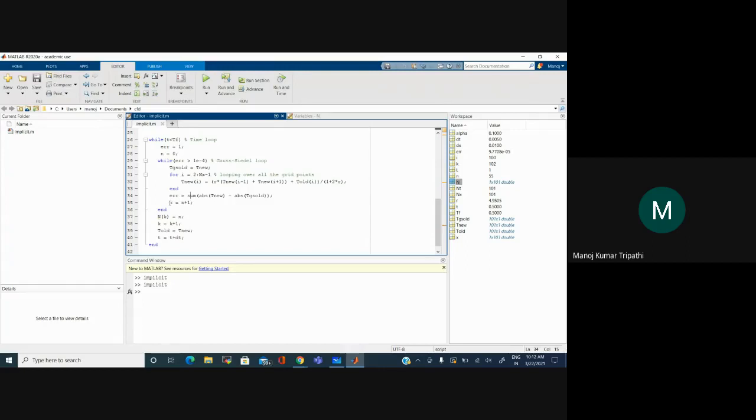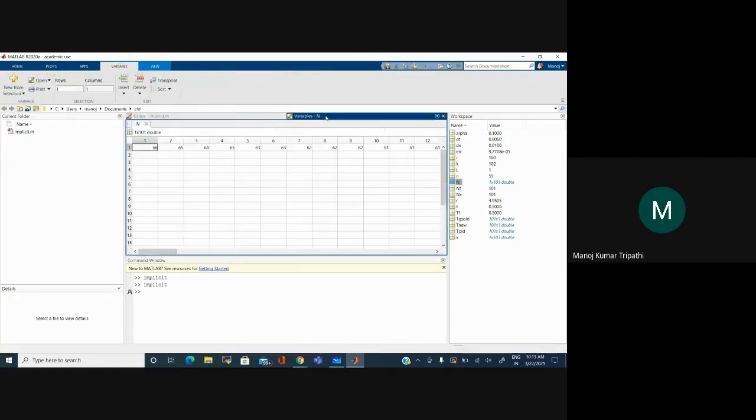And we are counting the number of iterations here by this n variable. At the end of every Gauss-Seidel loop, we are storing that final n value in this array capital N. Then we are resetting this small n to 0, so that in the next Gauss-Seidel iterations it is set to a new value, which will be the number of iterations for that time step. So we see that it is 66, 65, and so on.